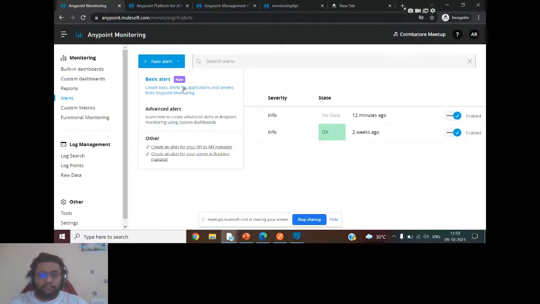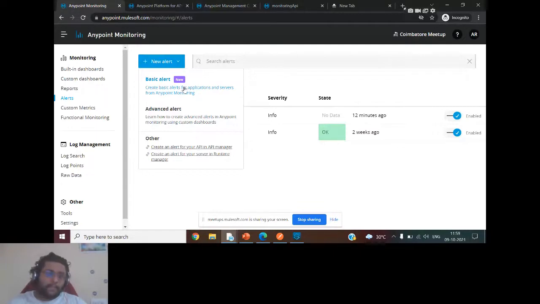For basic alerts, the limit per organization, if we do not have the titanium subscription, that means if we have a regular platinum subscription, is 50 basic alerts. When I open the alerts, you will understand exactly. I'm going to add some recipients to that. So one alert is done, two alerts are done. So 50 alerts is what you can add as part of a normal platinum subscription. With a titanium subscription, the limit is 100 basic alerts.